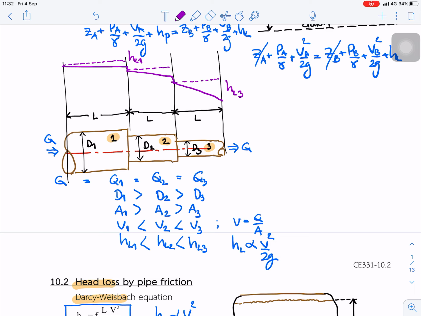Okay, this is the hydraulic grade line. You see that the slope of the hydraulic grade line for pipe 3 is a steep slope, and D1 is a mild slope. And if we add